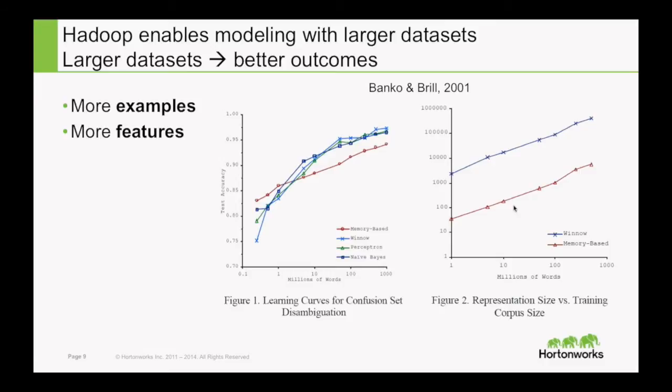The reality of practical work is that it depends on your data set and what you want to add. But generally, people talk about adding more examples, meaning more rows in your training set, or more features, maybe more predictive features. A lot of times, with new data sets and new data types, features that were not possible before are added as new columns to the training set. Because of that, we sometimes also need more examples to make the model more robust. So both of these things are happening. That's another reason where Hadoop enables larger data sets and ultimately better outcomes from the modeling exercise.